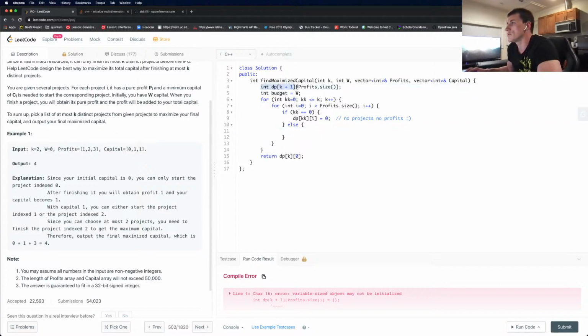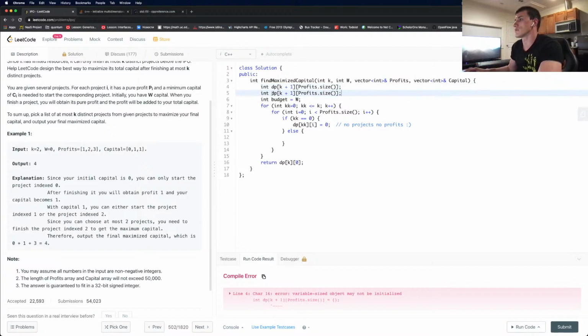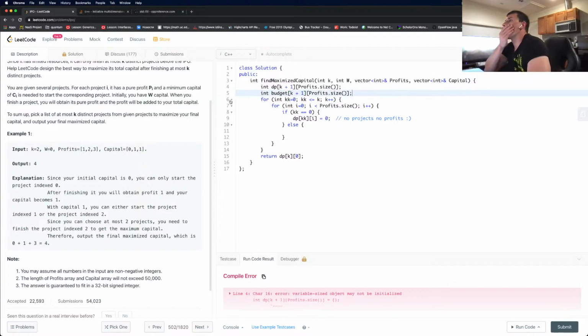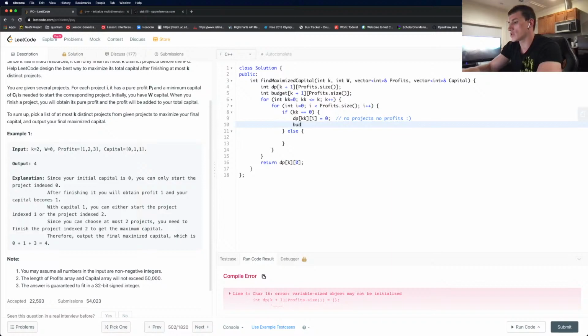Let's call it dp, and it's exactly the same size, and let's call it budget. So what do we know in terms of budget? Well, we do know that the budget initially equals w. That's what we have.